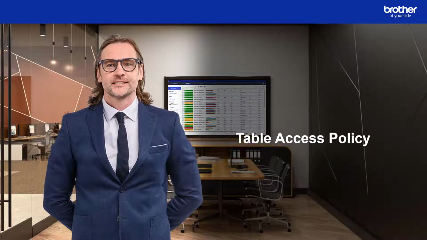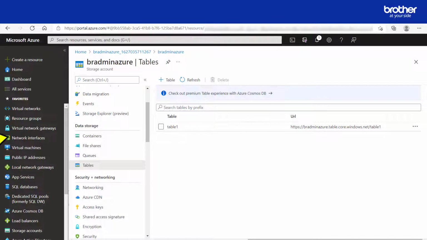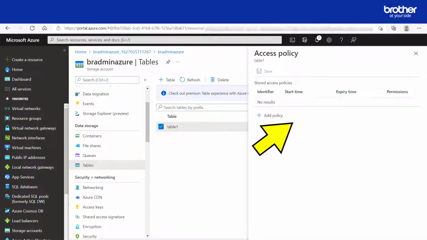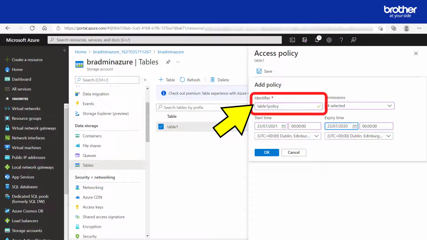What you will be doing now is telling Azure what access permissions to assign to this table. To do this, click the three dots next to it. Then click the Access Policy button. Click the Add Policy option. Give your table's policy a name.